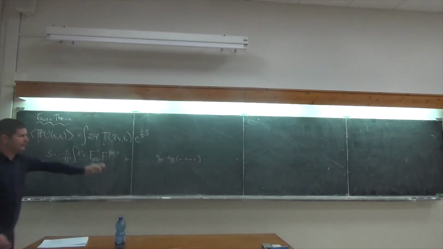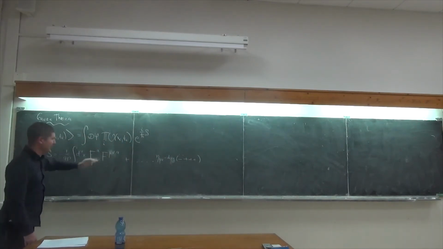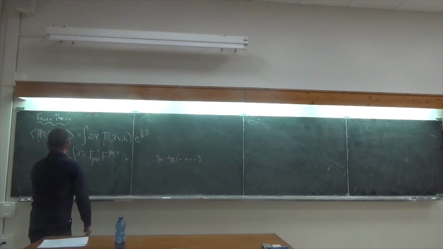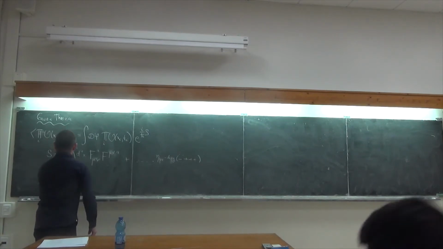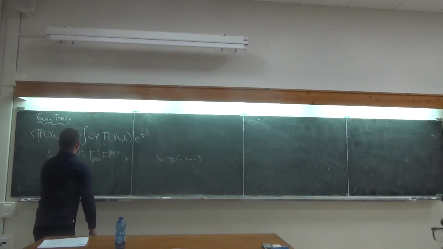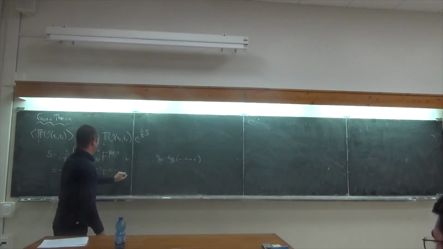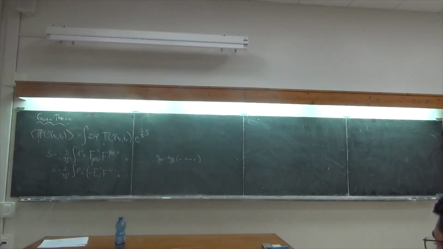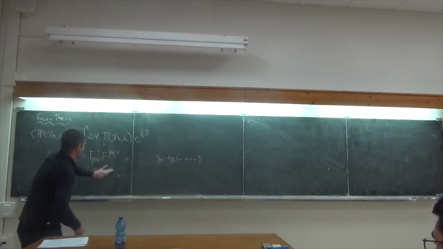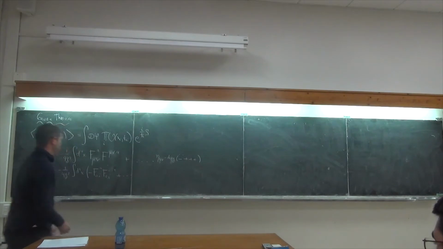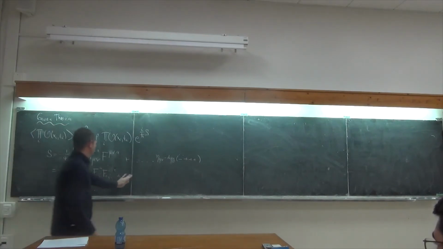Okay, and this you raise and lower the index by this. This means that I mean by this 4g squared integral for s minus F0i, plus